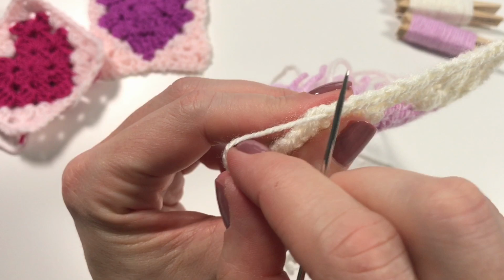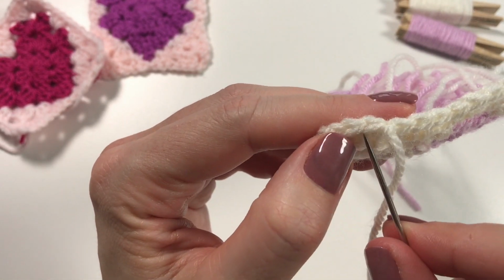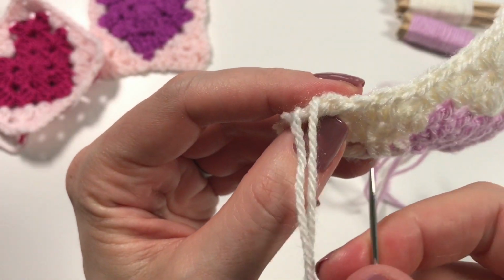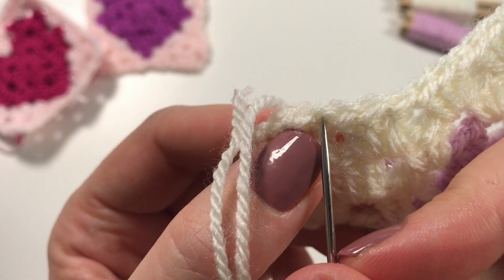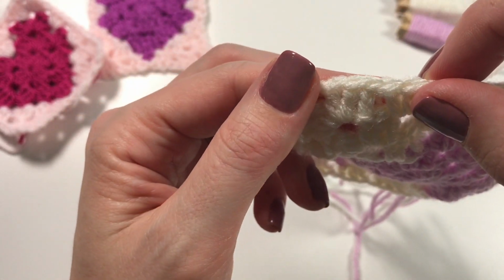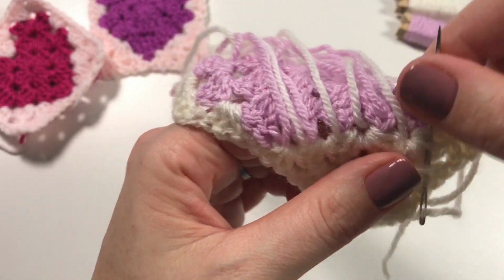So we are going to lay the stitch like that, and we are going to recreate a V. So go under here and pull through the yarn like so, and then go back into the original last stitch. There we go, and we recreate a little V, and now look, you can't even tell where you finished. Then you sew in the end a little bit more,